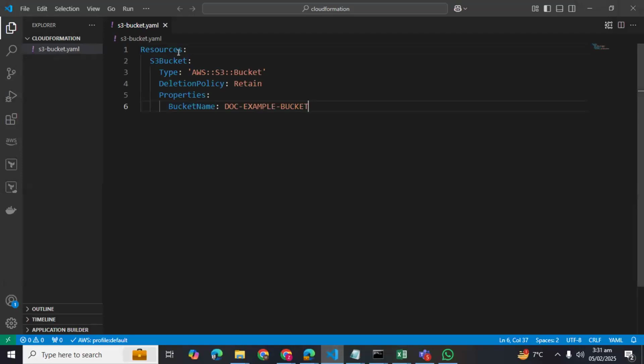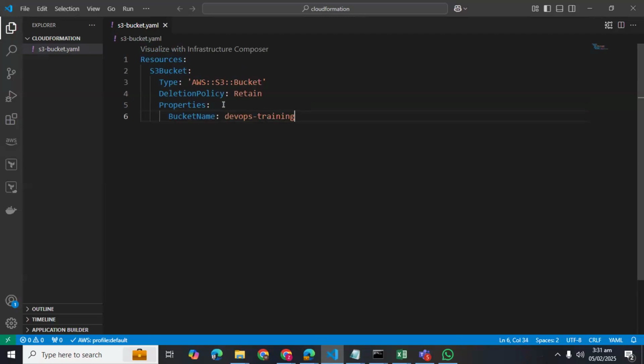Here you have to do the same thing which I just did. I go to the template, pick some text or properties from that template, and paste it here. Now I can change it myself. Let's suppose instead of the bucket name dog example bucket, I want to make a more meaningful name for it. For example, I want to write DevOps